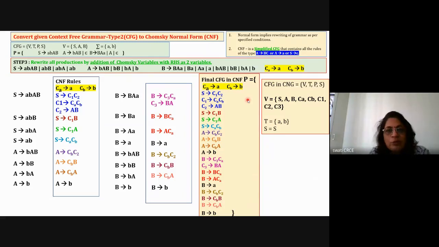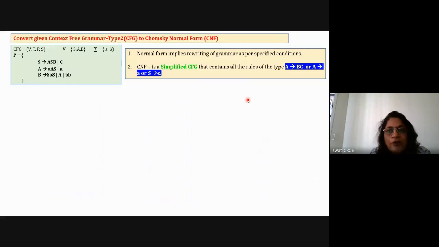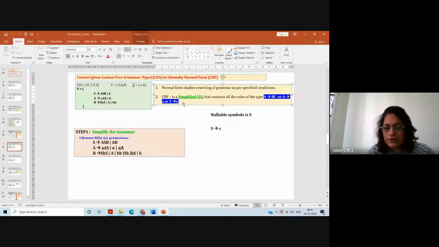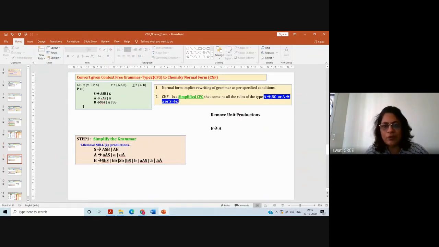Okay, so let's solve one more problem because there are 15 minutes, so we can solve it fast. So now I'll go fast. And I want to make one change here: don't consider S is equal to epsilon because we are simplifying the grammar. So even if S is equal to epsilon is there, that is not required. It is not there. I'll remove that S is equal to epsilon from everywhere.